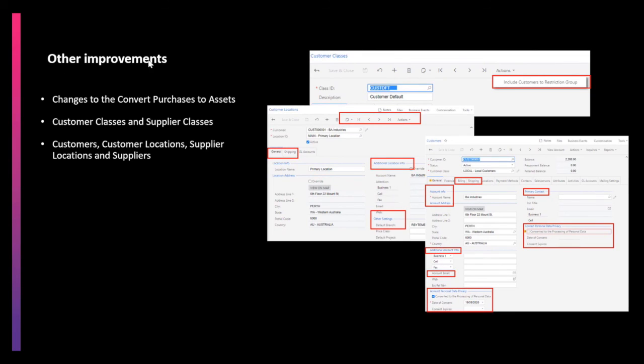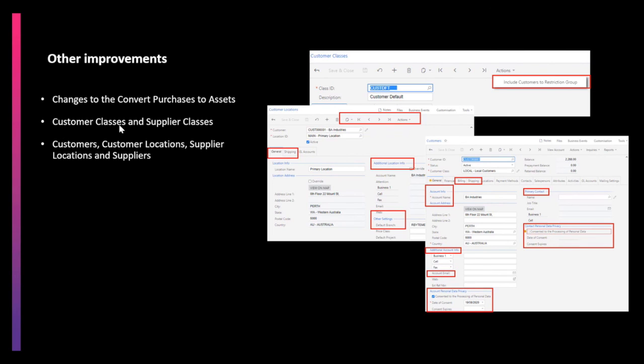Finally, let's look at the other improvements that have been included as a part of this release. First is changes to convert purchase to asset. As we all are aware, a purchase can be converted to a new asset or added to an existing asset. There have been a few data level changes which a developer needs to be aware of, as this might impact the customization project. The default column order has been changed in the upper and lower tables. In the lower table, asset for reconciliation column has been renamed as asset ID, and a new asset column has been renamed to create asset.